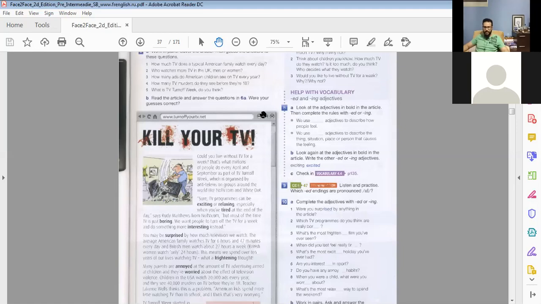Who watches more television in the UK, men or women? And the answer was men. That's surprising. My answer was women. Yes. Why do you think men watch more television, in your opinion? Maybe the man is in the house and not at work. Do you think this is true? Do you think men are at home? They don't work in the UK? I think